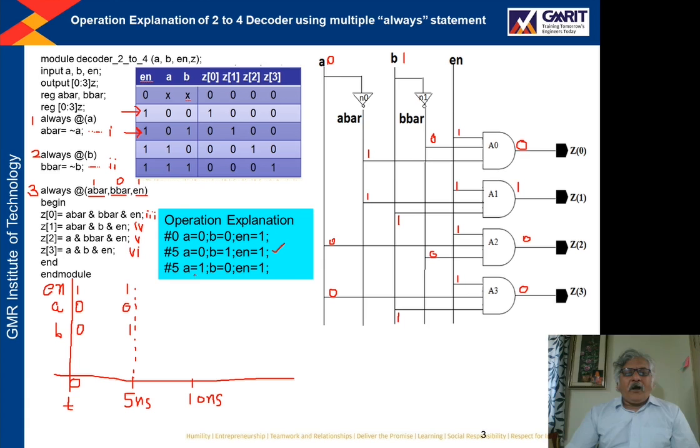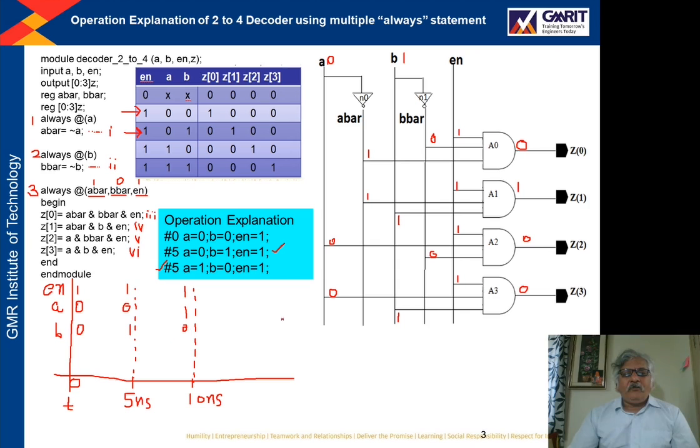Now after 5ns, this was the previous 5ns, so after this 5ns will be 10ns from the start. So at this time, what is happening? Enable is the same, there is no change in the enable, but the value of a changed from 0 to 1. So a will become 1 and b will become 0, right?